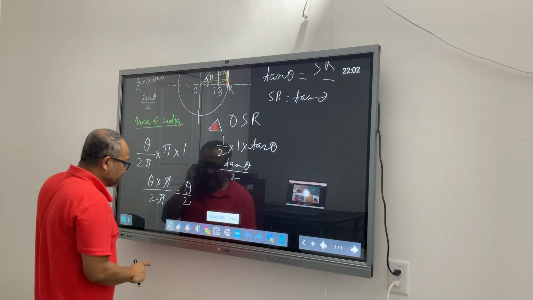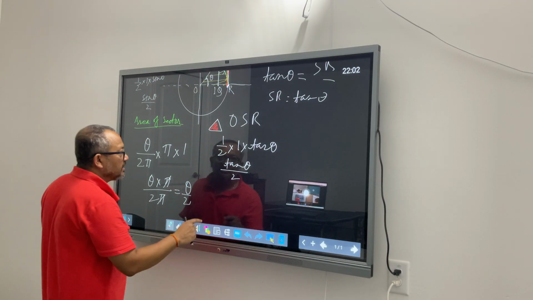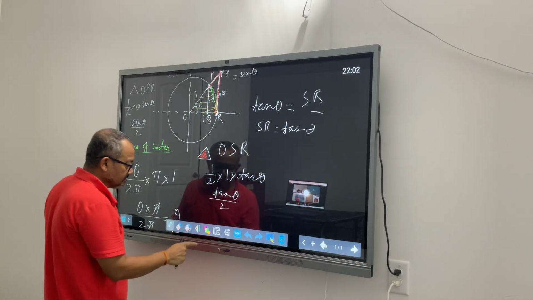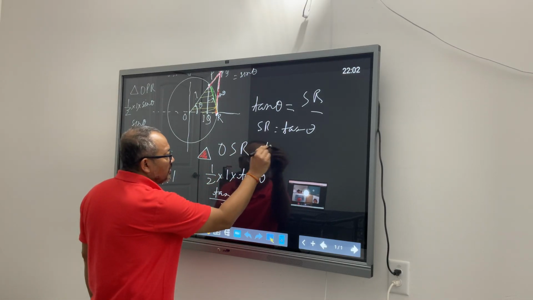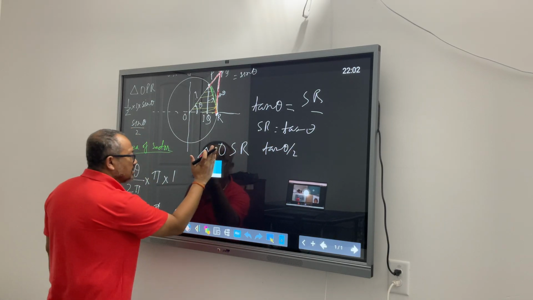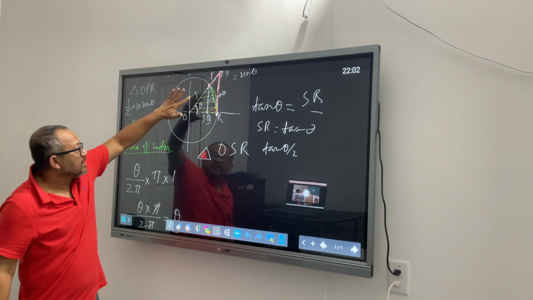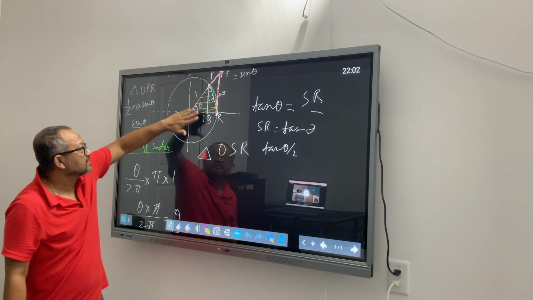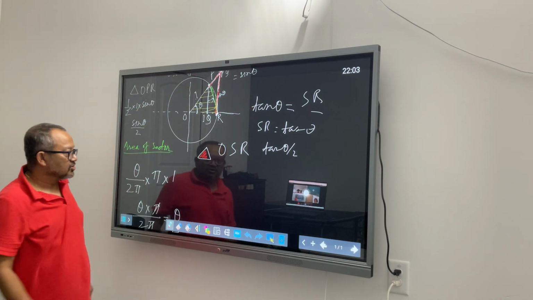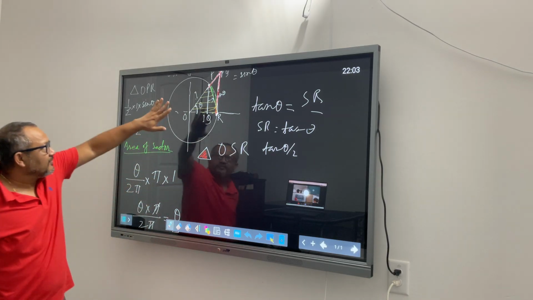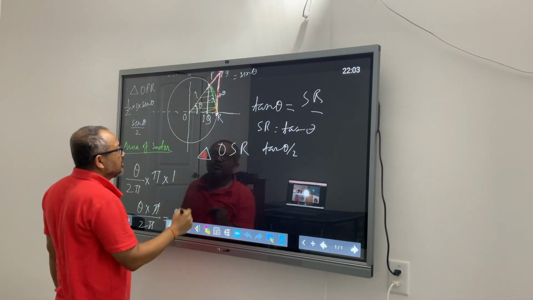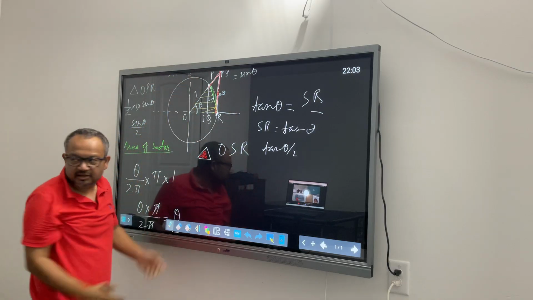Now there are three things that we have. If you look at this one, we found it as tan theta over 2. So I am trying to create some real estate here. This yellow triangle's area is less than the sector's area, which is less than the larger triangle's area. You agree? So if I start visualizing this as three functions, I will say this yellow triangle, I am putting that as a function. There is a function that is drawing this triangle for me.